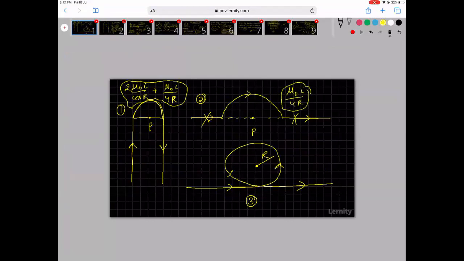Yeah, here. Now it is a full circle, so mu naught I by 2R. Plus there is a wire here, so plus mu naught I by 2 pi R. Okay, anti-clockwise is positive. For this also, it is coming out of the plane of the paper. So the net will be this plus this. So case 1, case 2, case 3.